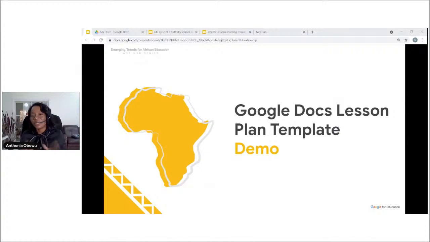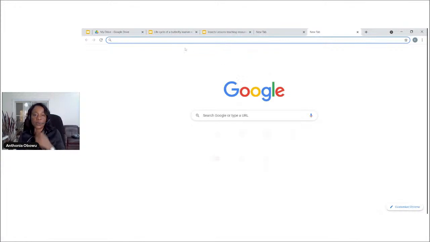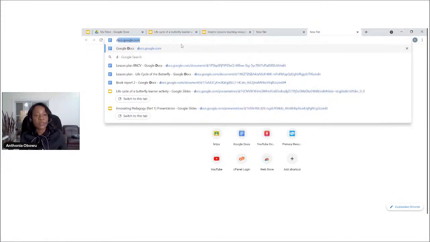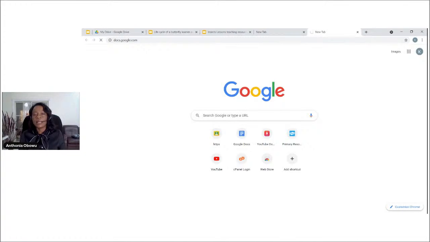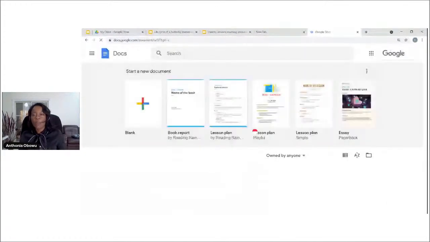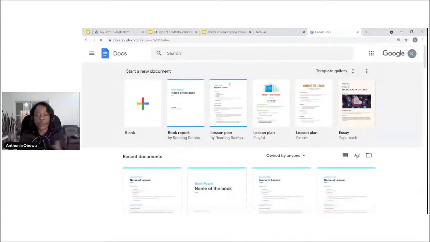So now I'm going to take you on an adventure and we're going to see how we can access these templates in Google Docs. The first thing we want to do is go to docs.google.com. Yes, and there you have loads and loads of templates to work with. But oftentimes we're just so quick and we do not want to really dive deep into what's in here. But if you use the drop down arrow in the